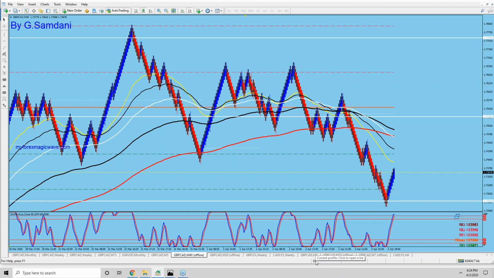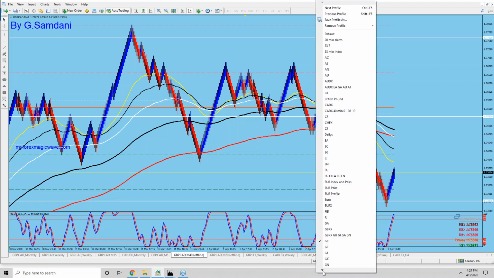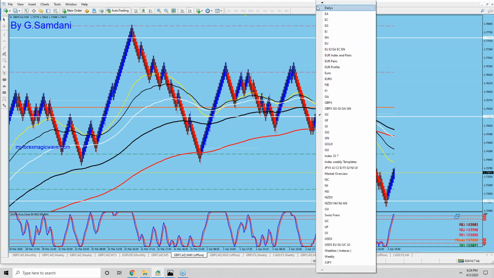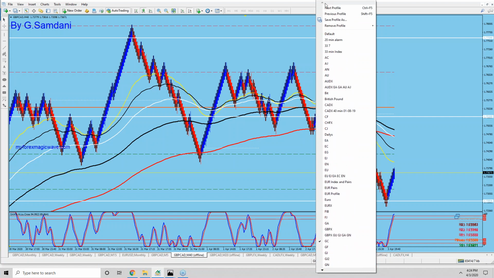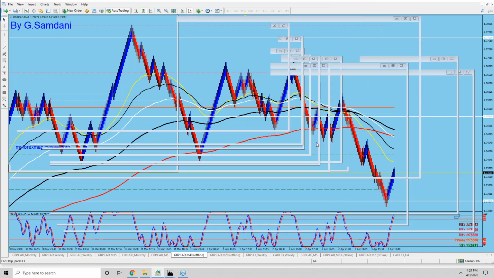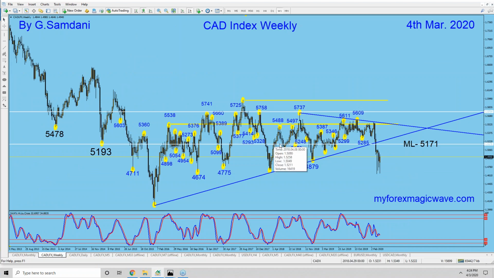Yeah, CAD chart. Let's go take a look at the CAD. What I noticed this morning is that after NFP, nothing happened to USD, but pound started getting weaker. I don't know why, but these things happen, and you have no idea why. So stick to the game that we have, and you will see the magic there. CAD index. Let me show you the CAD index. Just pay attention to these, just an idea of what's happening. Right now, CAD already dropped so much, and it was posting wicks in the bottom.